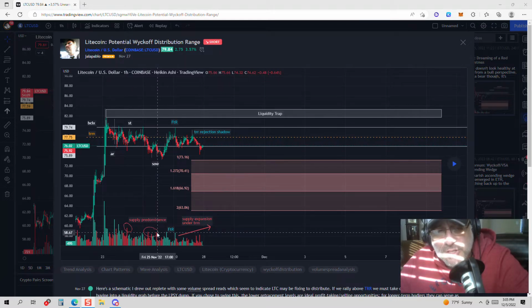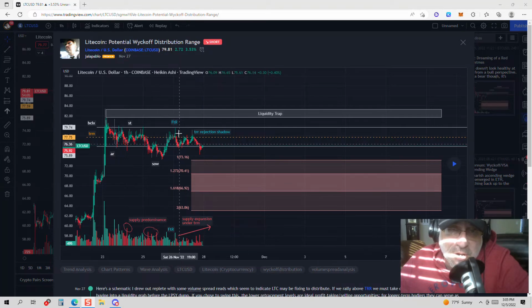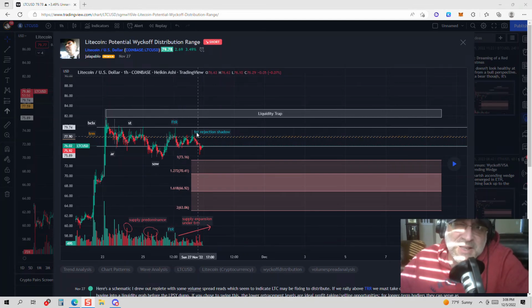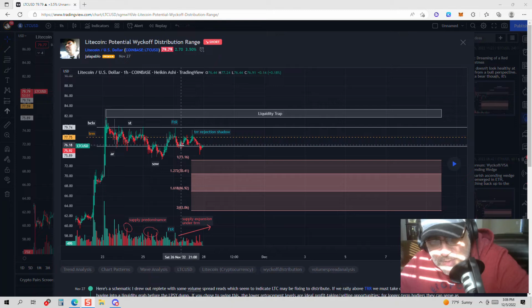and much more numerous and much more prevalent, if you ask me, than these volume bars that you see as the price action bumps off the trading range resistance. If you think something's going to moon or pump, you really need to see more volume than this. So I labeled it FTR, failure to rally, and then it came back down under the trading range midpoint,